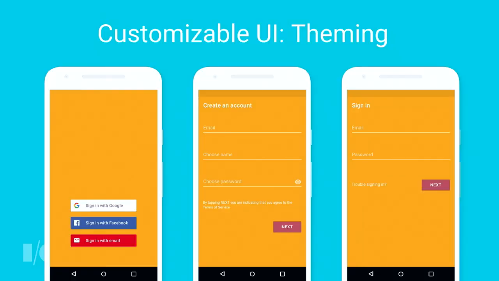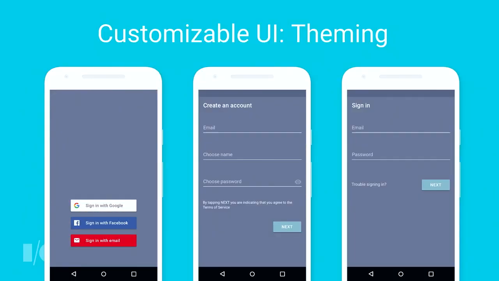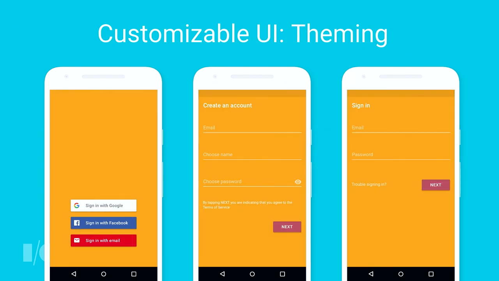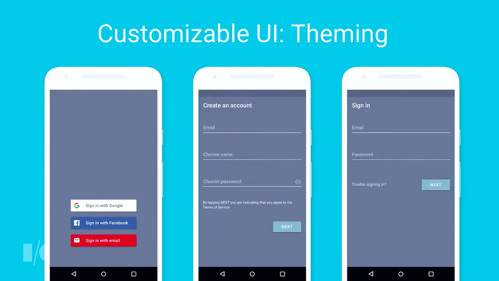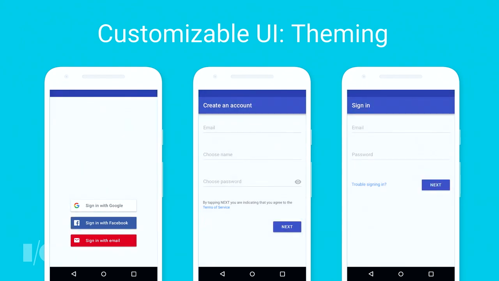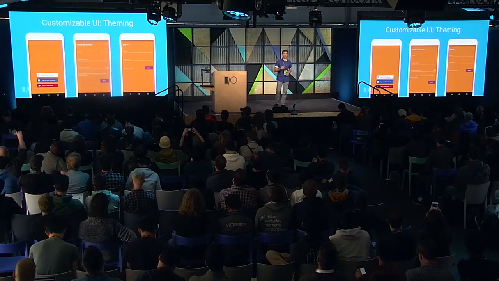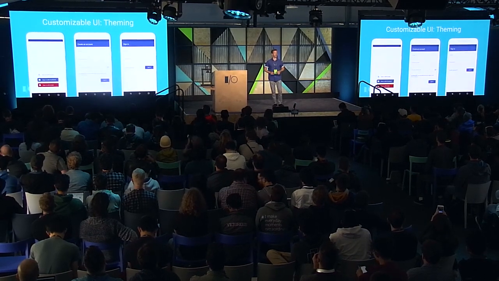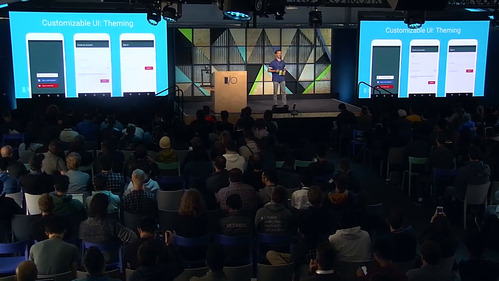But that's not quite all, because we know that even though it's a couple of lines of code to implement everything I just showed to you, we want to make sure that the Firebase UI auth is customizable as well. Now, basic theming is one of the things that we support, as you can see right here, which is great to just get you out of the door in a line or 2 of code. But on a platform-by-platform basis, we support a number of different types of customization as well.